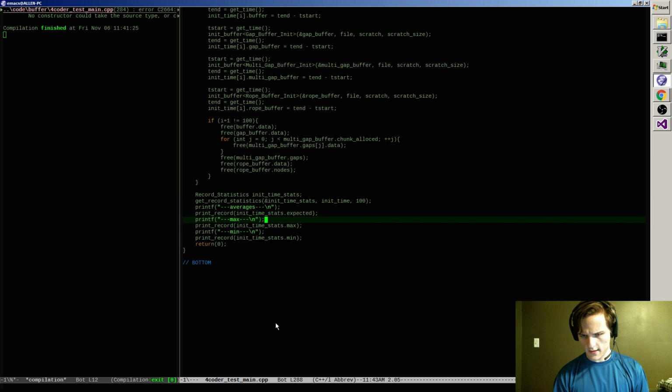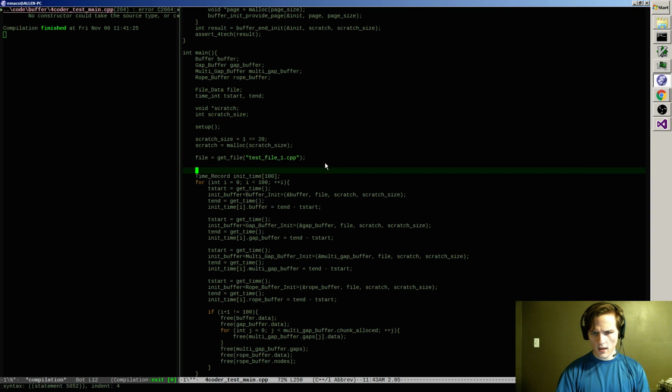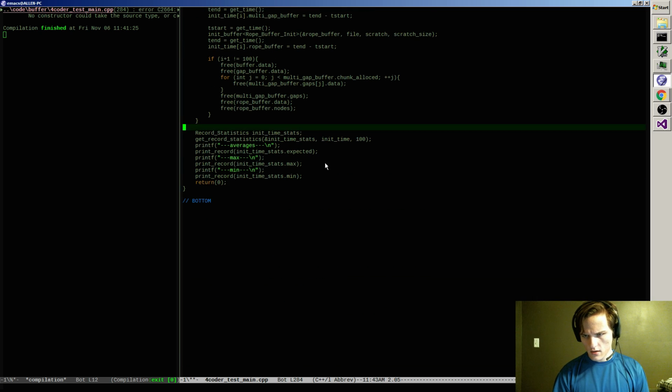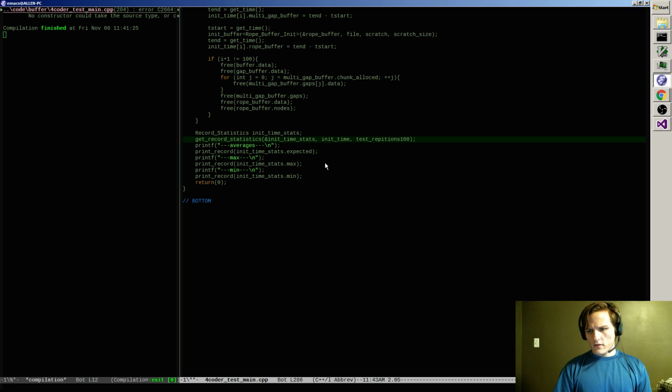And let's see, init times stats, init 100. Yeah, I don't like that 100 floating around. It's in 3 spots now, so we'll say test repetitions is 100, and instead of writing that everywhere, I just know how many times I write the test. Alright.